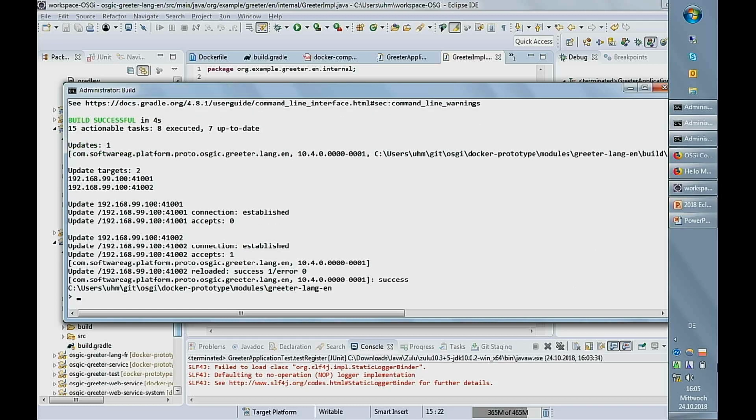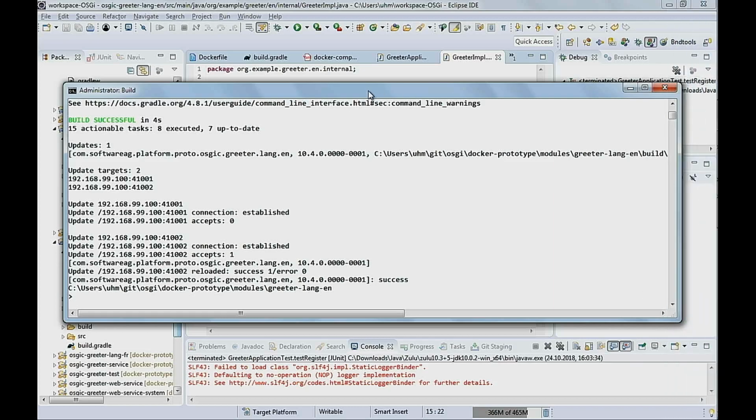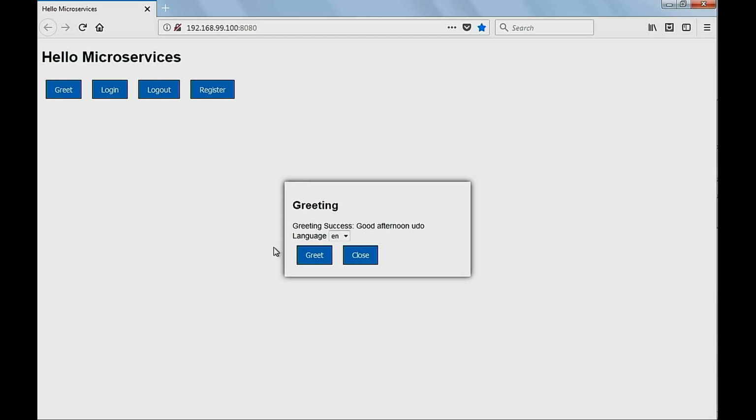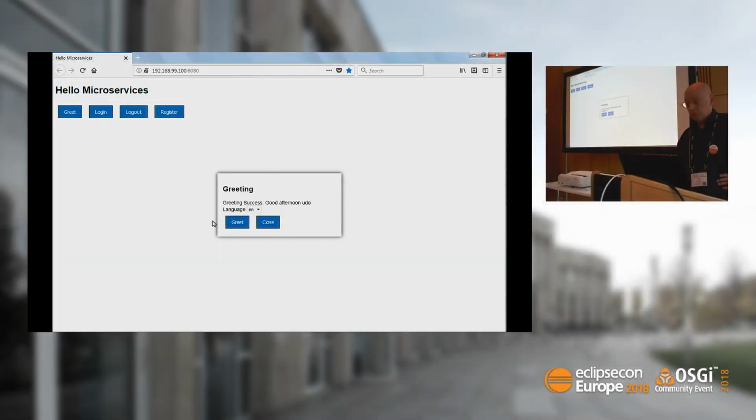So there's a little bit of OSGi magic here, because at the end of the build, which is the traditional one, I just have a new bundle. We have a setup where I have a little harness on the OSGi runtime which can accept an updated bundle and install it into the living runtime. So the bundle has actually been updated in the runtime without me having to do anything with the container, restarting nothing.